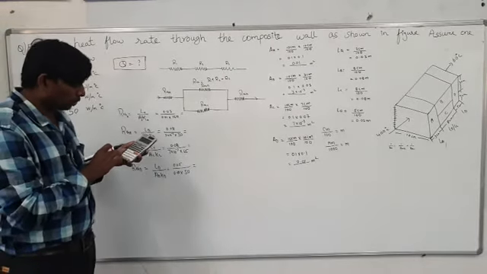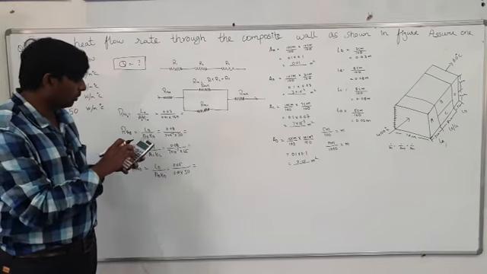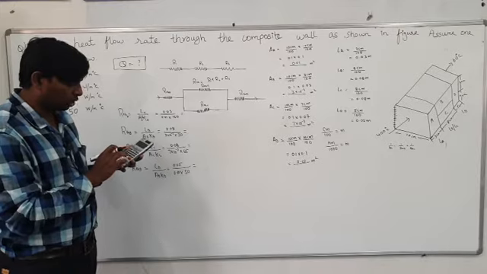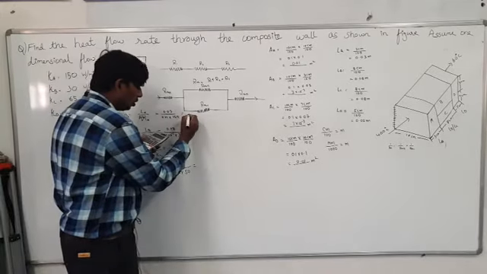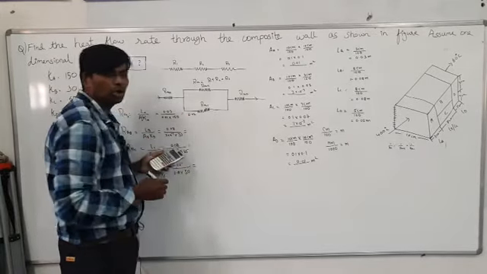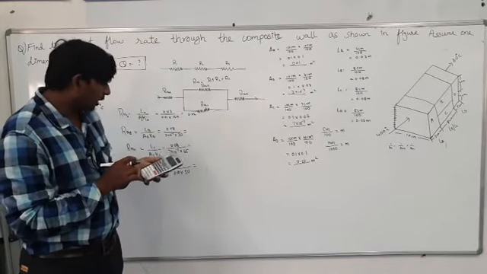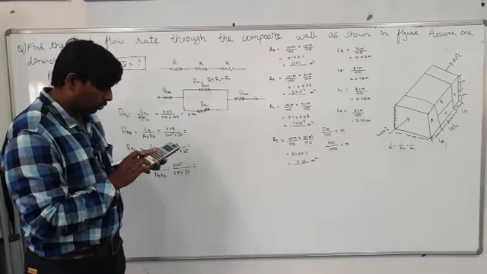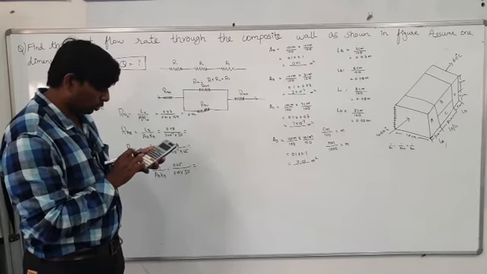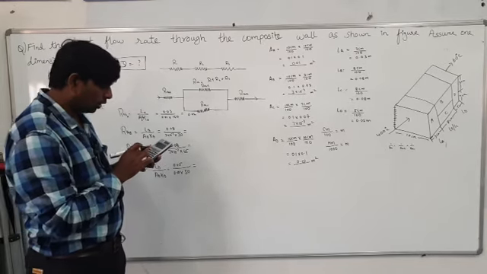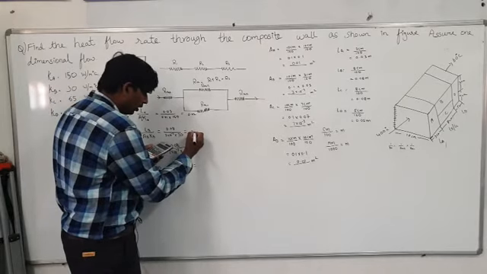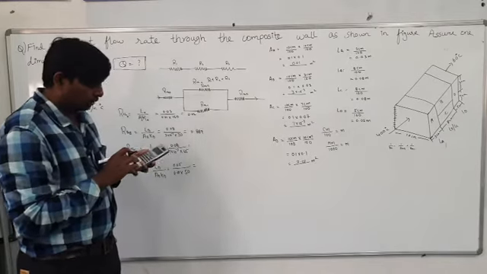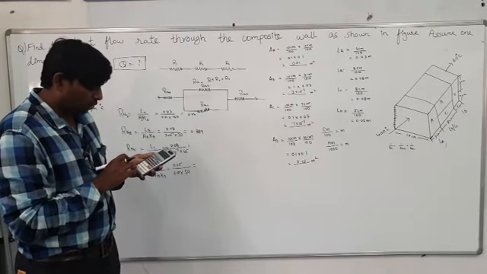So in that you have to substitute 0.03 by 0.01 into 150. So here you got some value, that is 0.02. How much did you get? 0.02. Next value, 0.08 by 3 into 10 to the power of minus 3 into 30. How much did you get? 0.889.